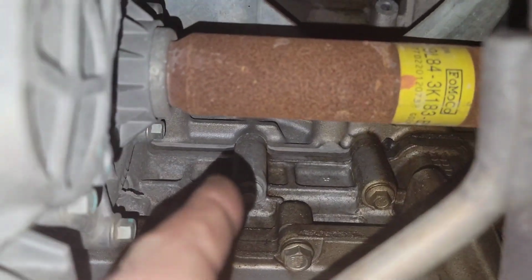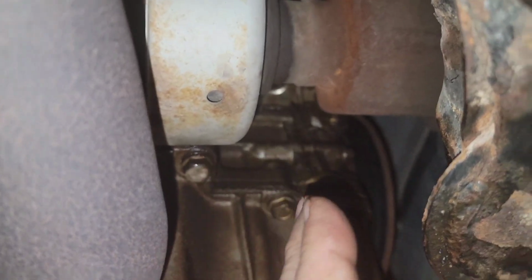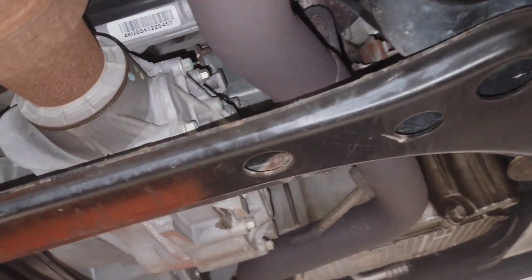So this has a gasket in this. This is not. The upper part right here is sealed with silicone, the upper part of the pan, but the lower part is a gasket. So it actually has a new rubber gasket for the front cover and the rear, or the oil pan itself. I seem to be getting the oil leaks today, and I hate to do this to them, but